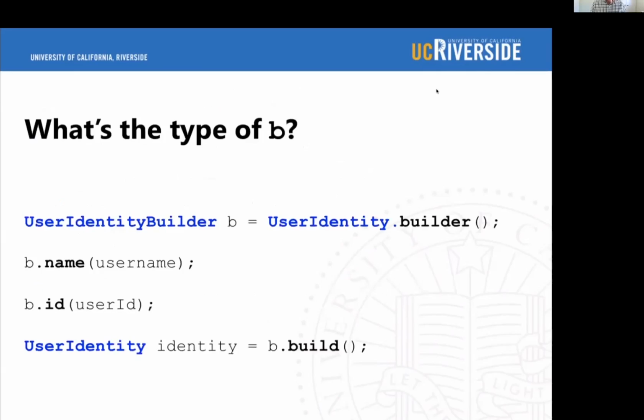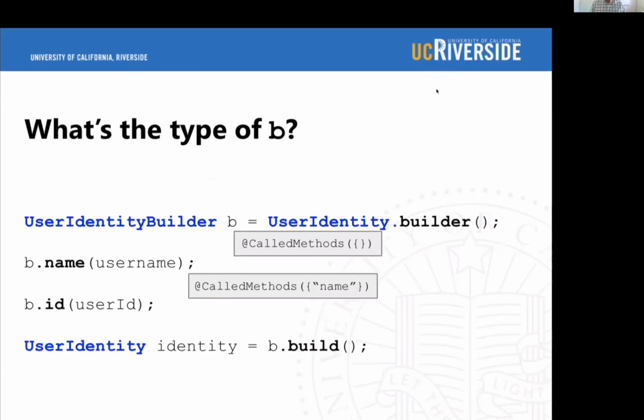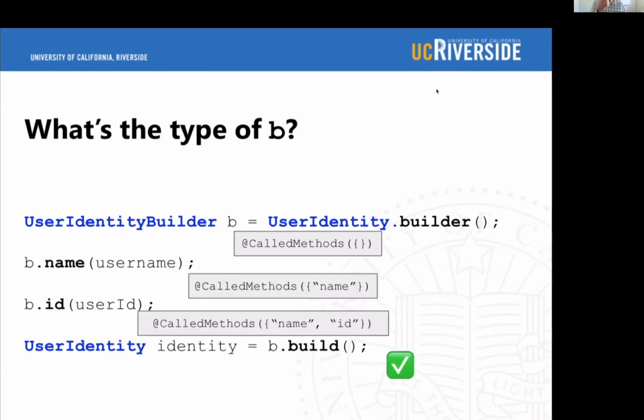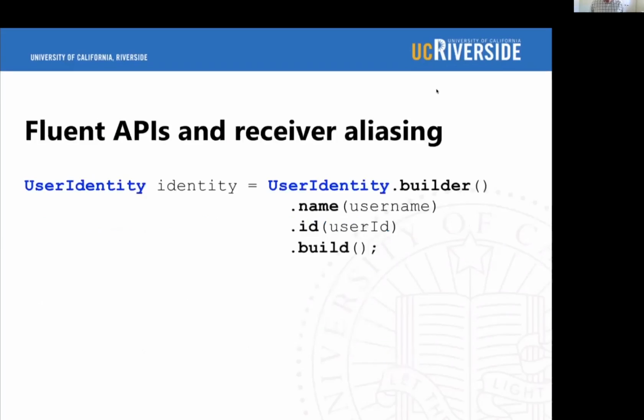So as an example here, if we have a builder, initially it won't have any methods called. And when we see a call to name, we will update the type to have name in it. And similarly for ID, so that we can verify this call to build. So that's a high level of how this tool works. And I mentioned that we didn't have to do any alias analysis for soundness, but we did find one pattern, which I've already showed you, where we do actually need some alias reasoning for precision, or we get too many